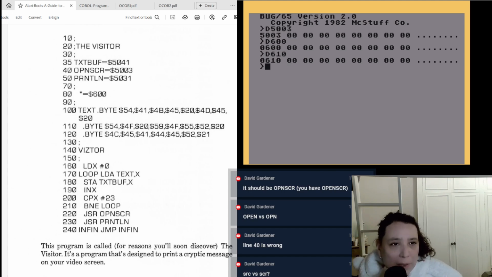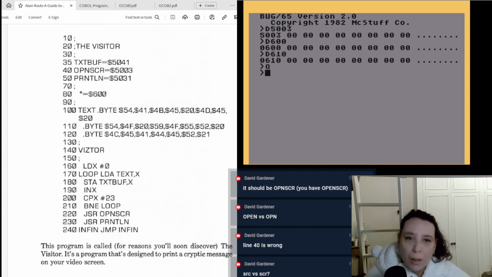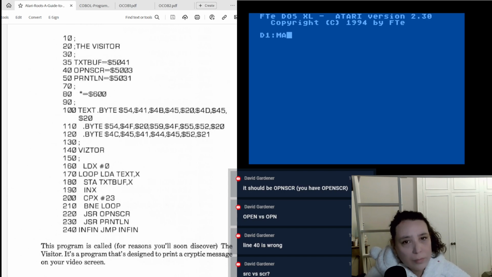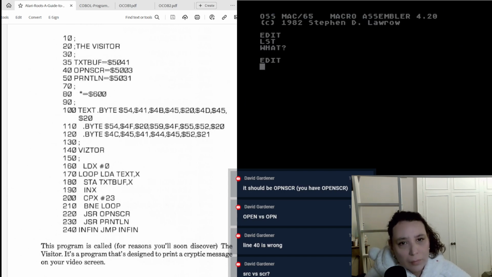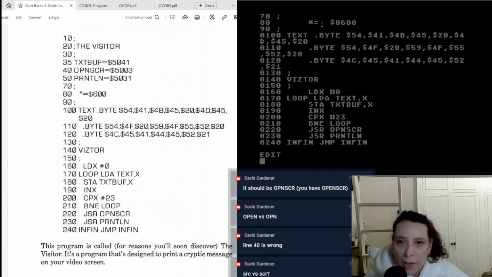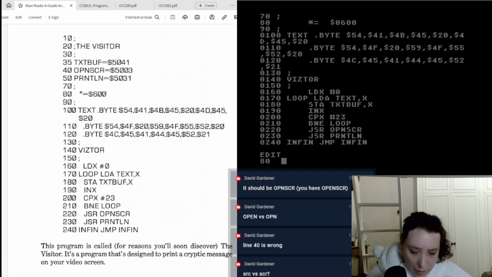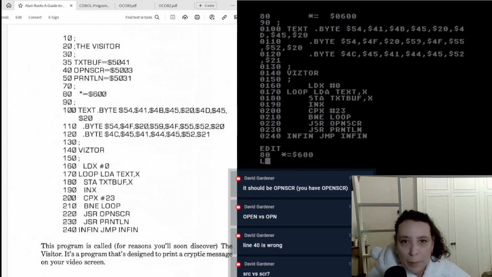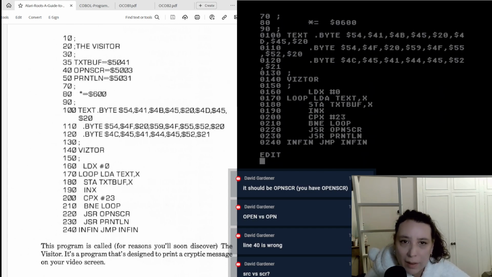Like nothing's in memory. Did I type in 600 wrong in the source code? No, it says 0600, which is basically the same thing, right? Yeah, it makes no difference. Yeah, it's the same thing. So when I assemble this, this code should be